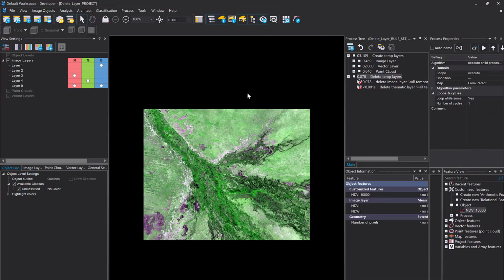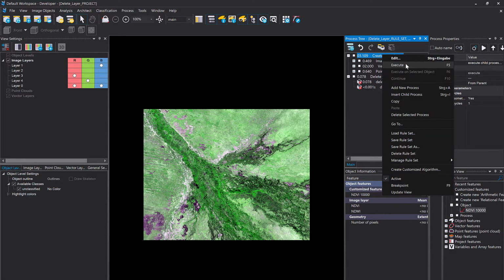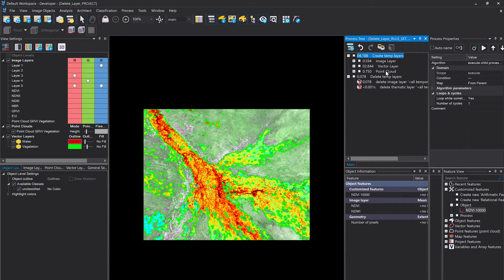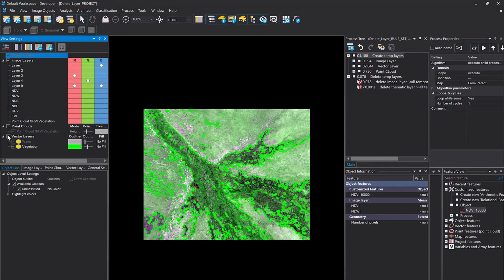How does it look like in eCognition? I prepared a project for you. So we have some input layers and this section here in the rule set, create temp layers. Simply gonna execute this. It's creating temporary image layers, temporary vector layers, and also a temporary point cloud. I'm using index layer calculation here to create index layers, vectors. Let's have a look at the vectors. Here they are. So we have a vegetation and water,